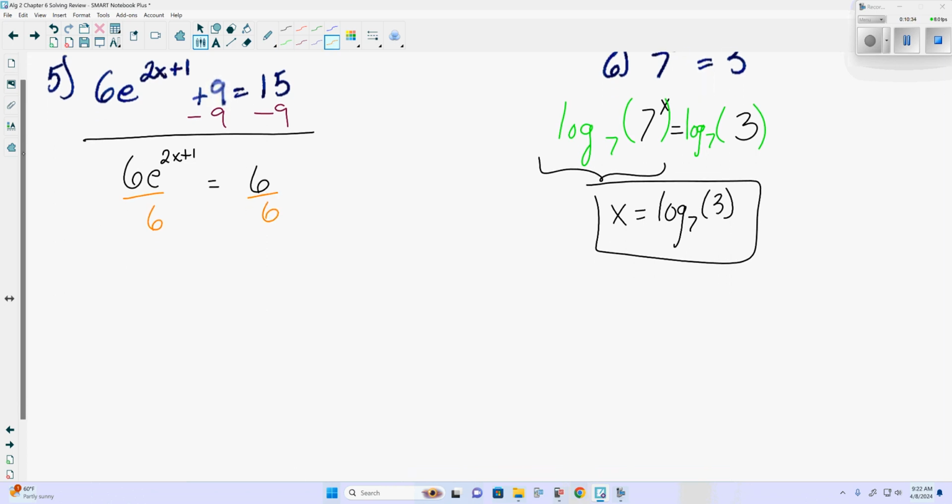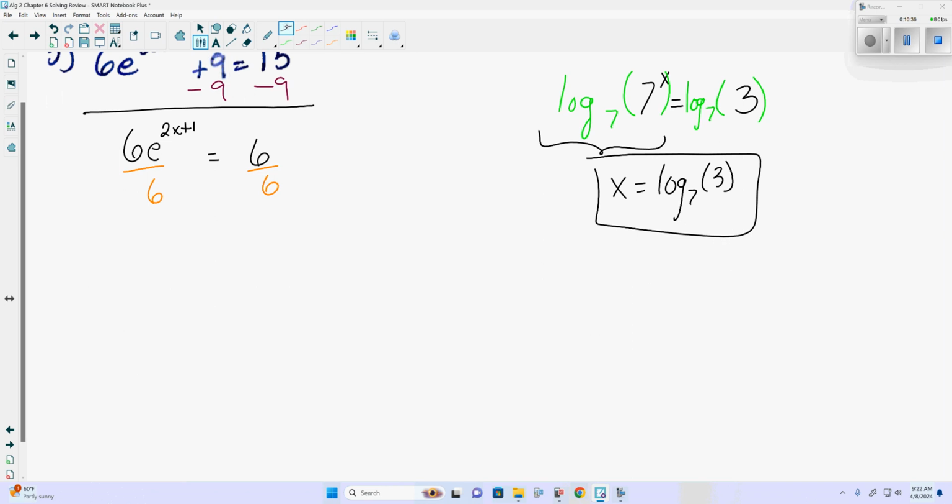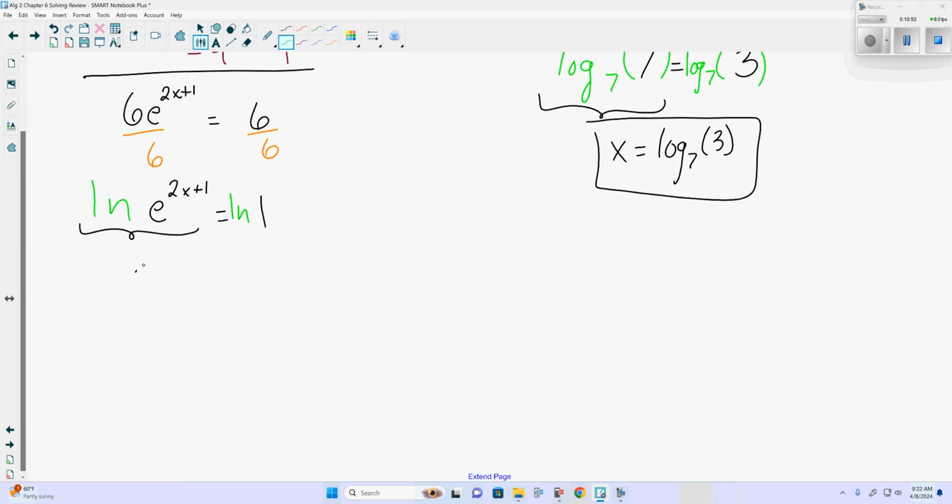We're going to divide both sides by 6, telling us e to the 2x plus 1 is equal to 1. Take the natural log of both sides, because ln of e to the 2x plus 1 is 2x plus 1. Natural log of 1,